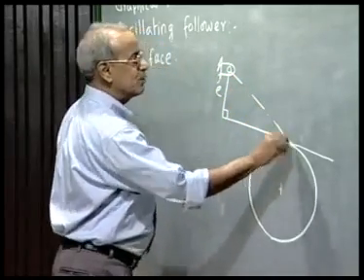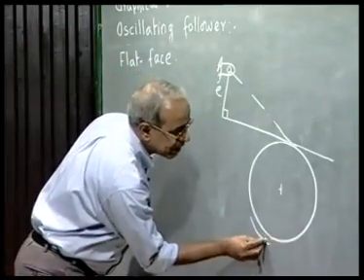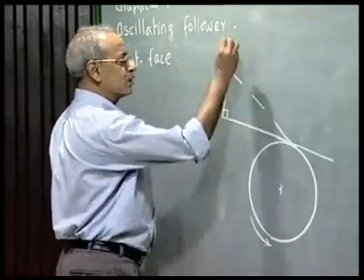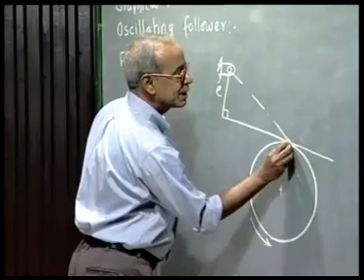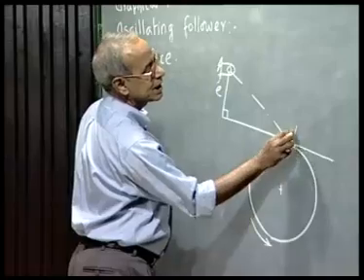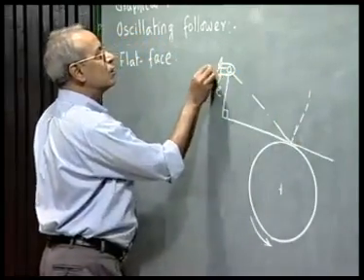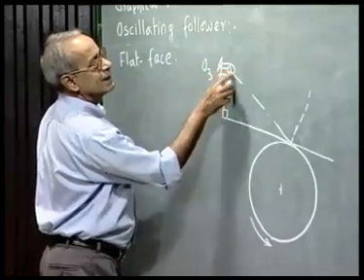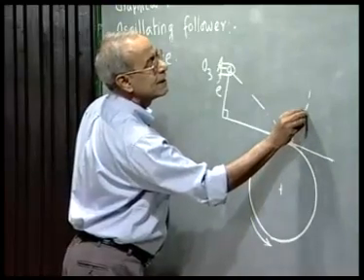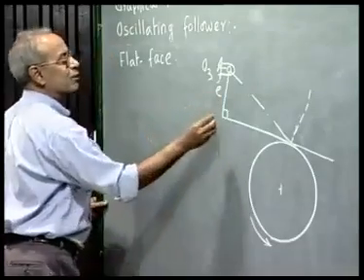Let me use this particular contact point as the trace point, and as the cam rotates in the counterclockwise direction, as the follower oscillates in the counterclockwise direction, this particular trace point of the follower moves on a circle with O3 as center, this as radius. This trace point moves on this circle, and where will it be? Will be decided by the rotation of this